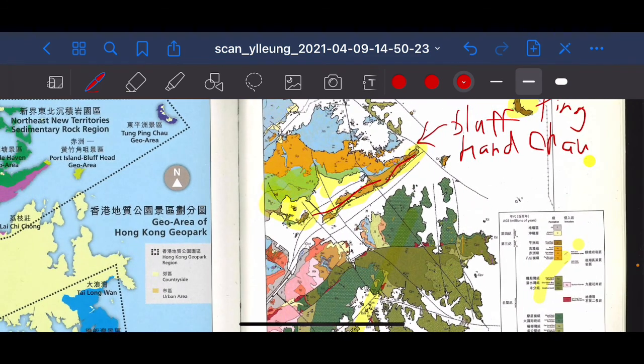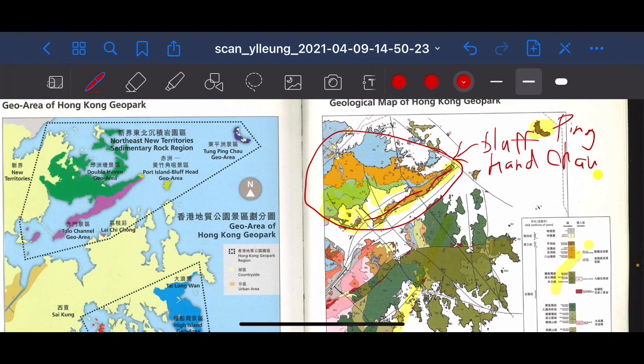So accordingly, we are having a lot of sedimentary rock in the northern district of New Territories. The whole Tai Mei Tuk and also the Ap Chau, Cat O, those places, they are actually talking about this area. Most of the time, which is the sedimentary rock region. Then I think right now you will have a better understanding of the distribution of the